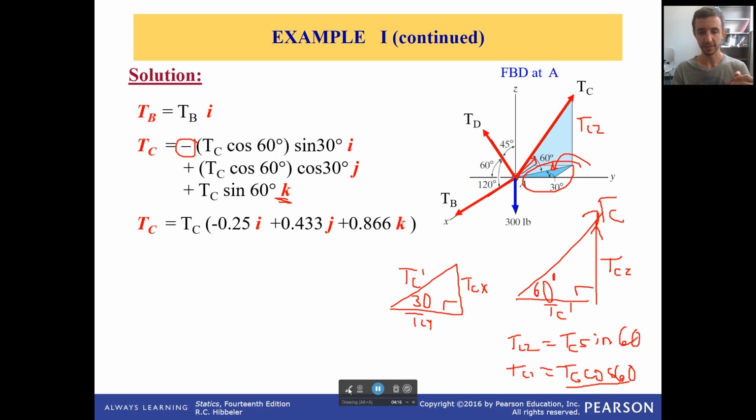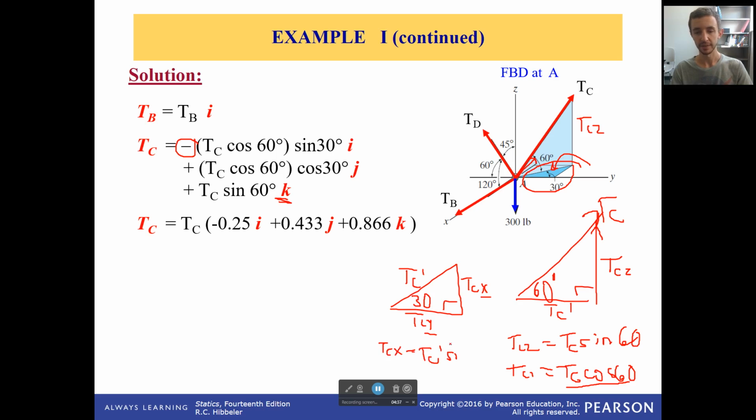The bottom is X right here. The side is Y. Be very careful. This was X, this was Y in this particular case, because of how we drew it. So think about that. Okay, so if I want TCX, it's going to be equal to TC prime